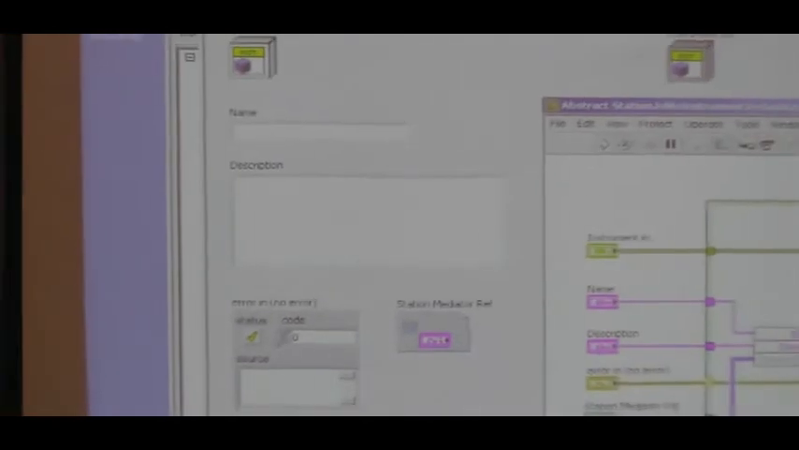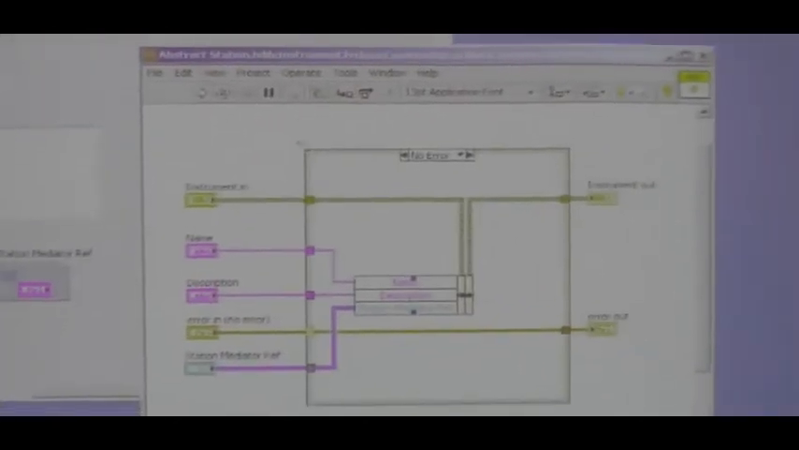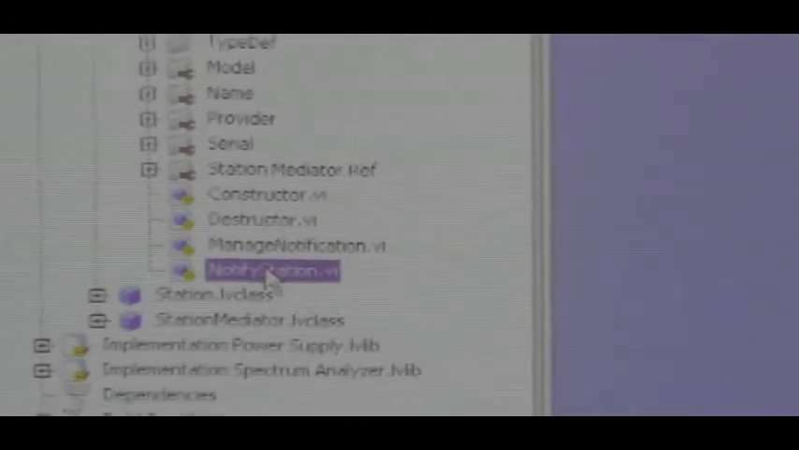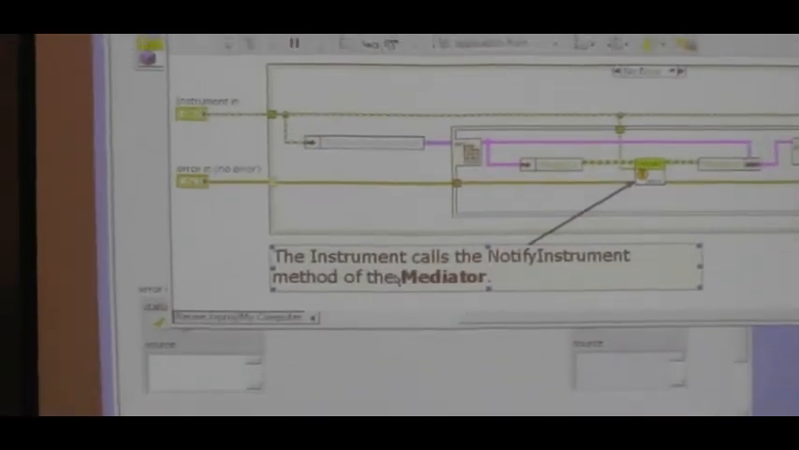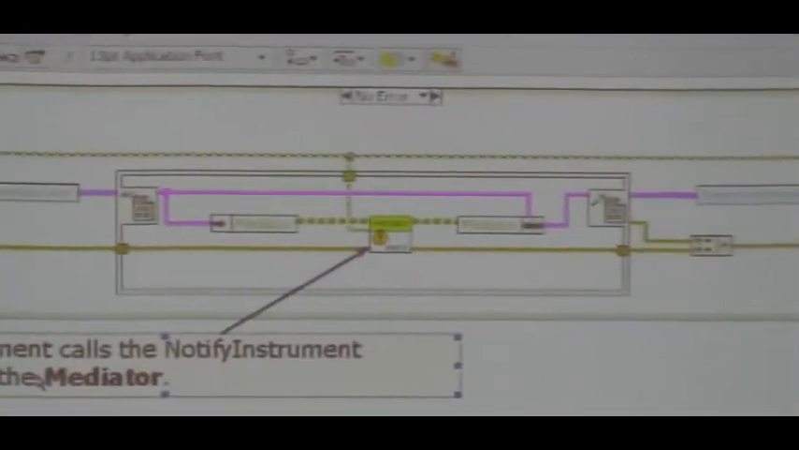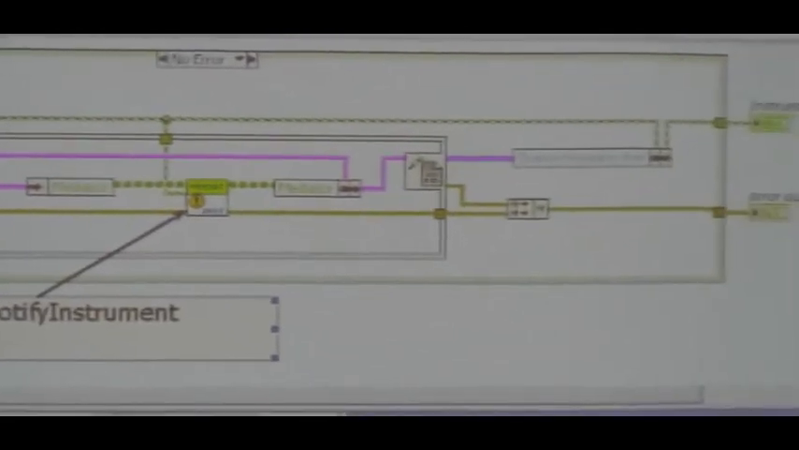In this class, we also have a constructor which is extremely basic. We just set the members, so I'm not going to spend much time on this. The structure also, and these two VIs are the key ones inside the architecture. There's a notify station VI, which is the one